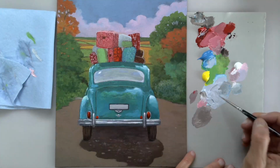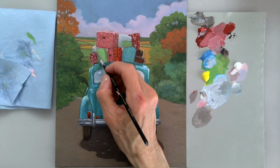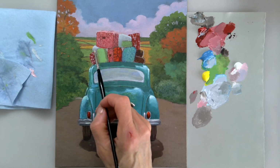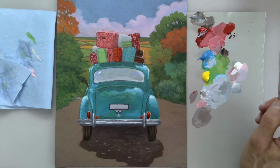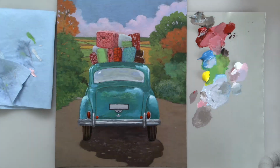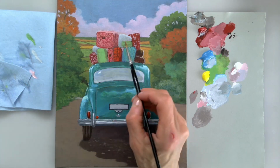All right, again, same idea right here. It's light coming from the sky, so it's not all one color. So you have lighter color on top, darker at the bottom, and let's let it dry. Meanwhile, we're going to go back to this one here